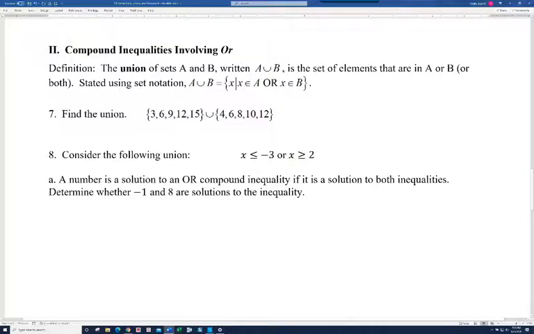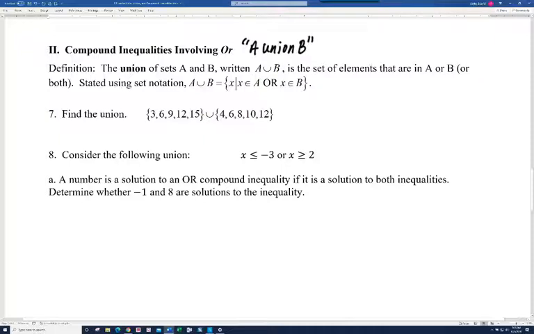All right, so in this video, we'll continue our discussion on compound inequalities, but now we're going to look at OR compound inequalities. And this one's going to go a little bit faster than our last one. So here we have a definition, the union of sets A and B, written A union B. So that's how we say this, A union B